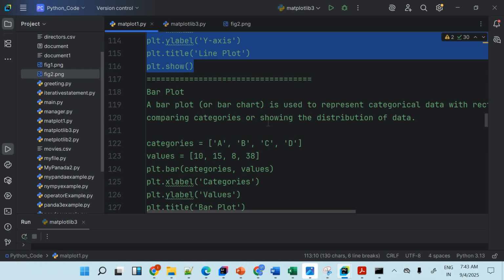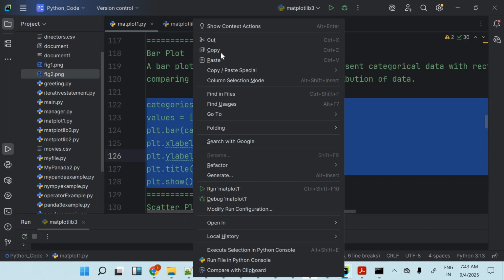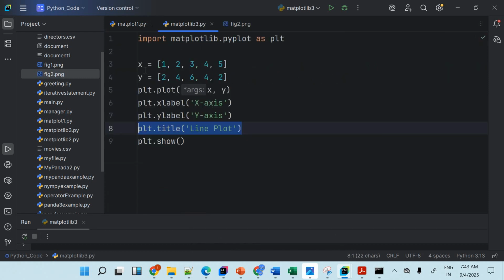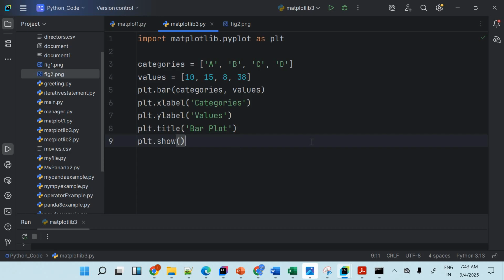Okay, now let's create some bar chart. So what is a bar chart? Let me run this code first and then we will understand that. So we have a different type of graph, right? Here it was creating the line graph, then it is creating the bar graph. Here we have different categories A, B, C, D and different values 10, 15, 8 and 34, right? So x label is representing the category and y label is representing the values,